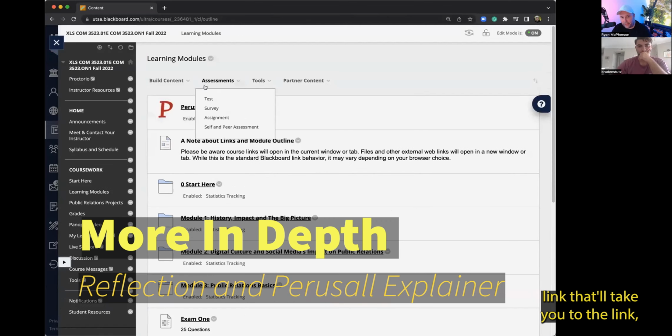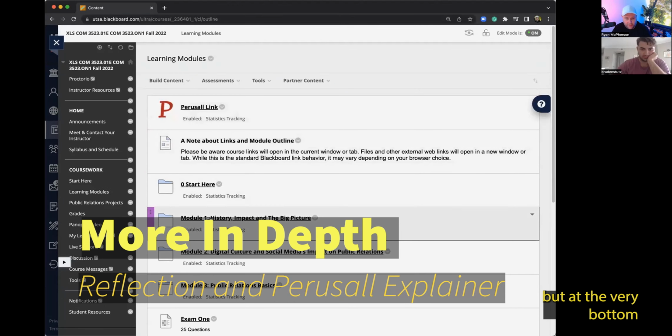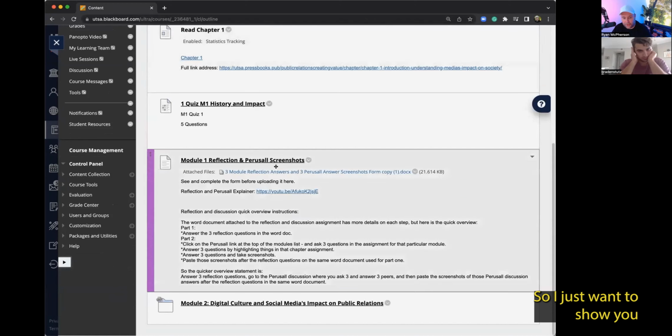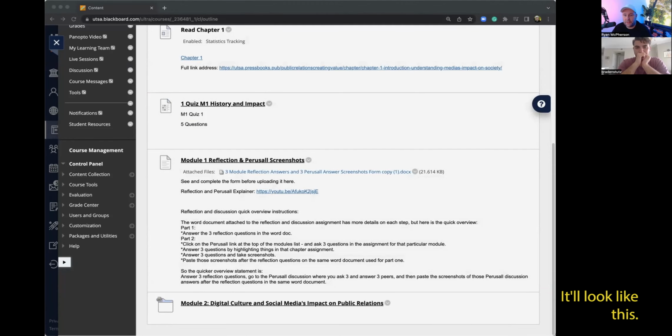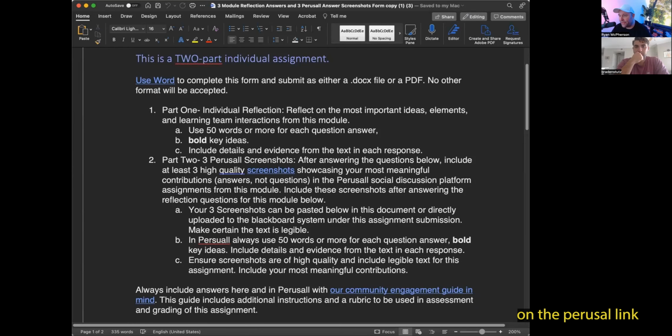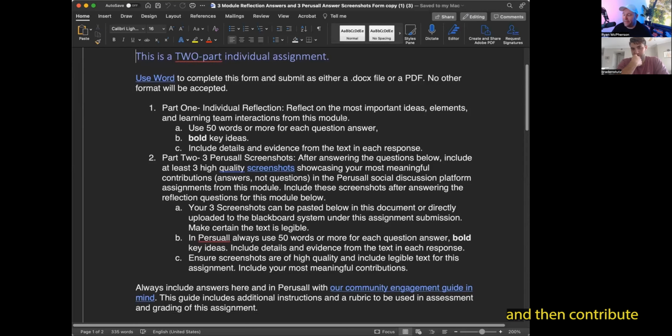So this is the Perusall link that'll take you to the link. But at the very bottom of the second one, I just want to show you that this right here is the actual assignment. And it'll open up a doc. It'll look like this. You're going to click on the Perusall link and access that chapter, and then contribute to